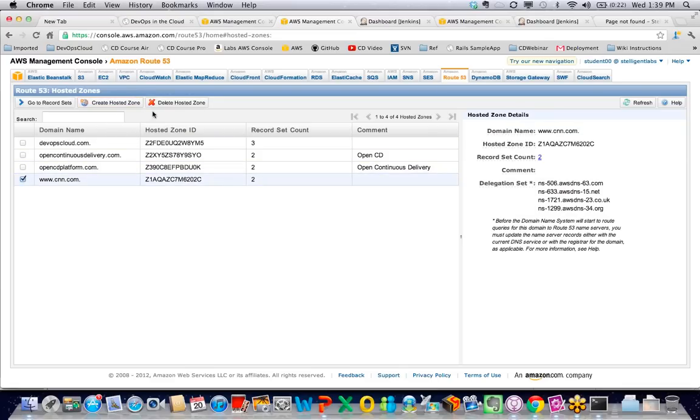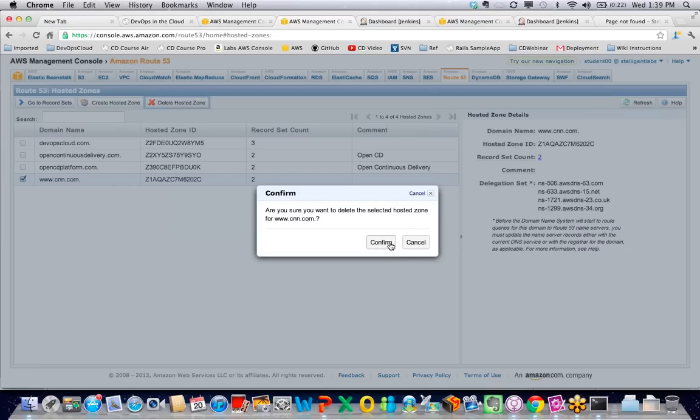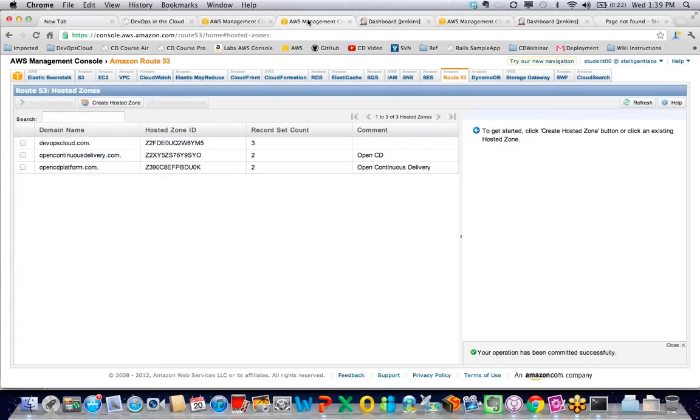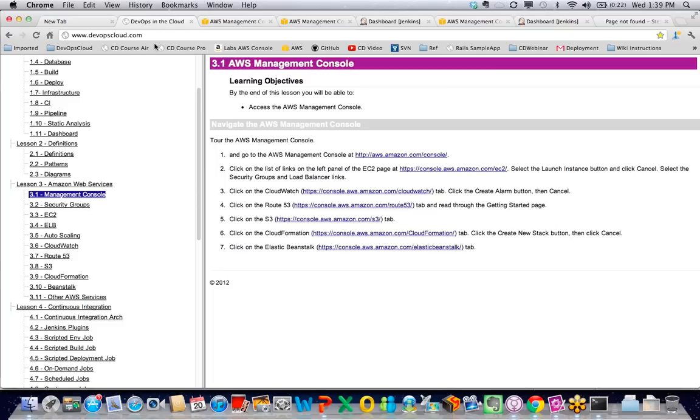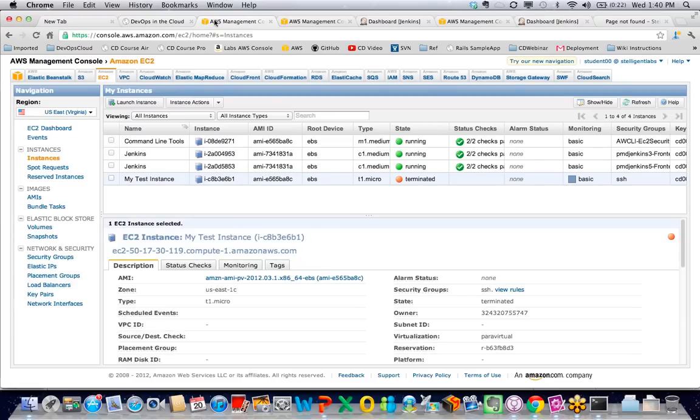A lot of people have separate DNS servers. The difference here is that you're able to programmatically change this, and so it really lends you a lot of power. When we go over CloudFormation, you'll see a brief example of how you can define a lot of this within a script, and you can say, well, I have access to DevOpsCloud.com, which, by the way, is hosted, and I'll go over that in a moment. It's hosted on S3.